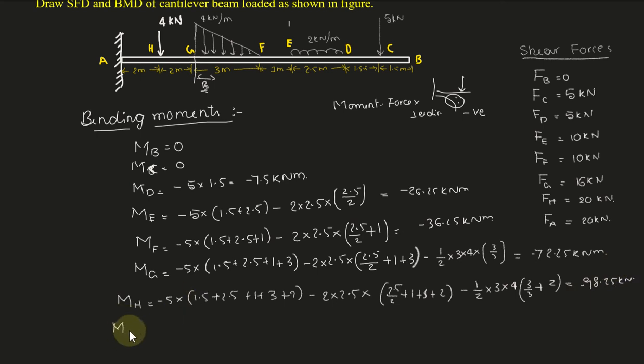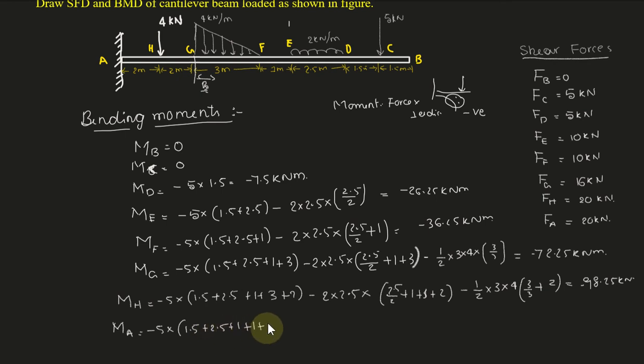The procedure is right, so you just check out the calculations. So no problem with the calculations, but if you have the procedure, that is very good. So up to A we need to find out now 5 into the distance up to A. So I will write it quickly. 5 into 1.5 plus 2.5